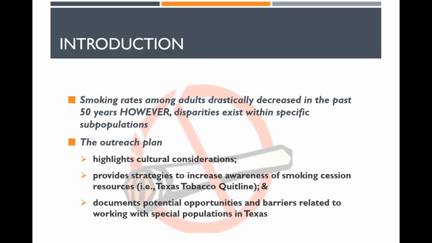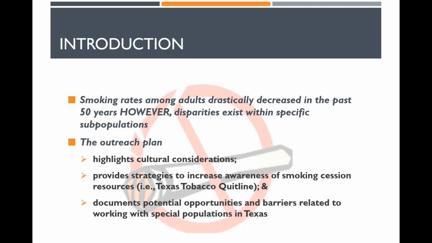With all of the information that has been spread about the dangers of smoking in the last 30 years, smoking rates have decreased throughout the United States, but disparities still exist within special populations such as the LGBTQ community and African American males. The outreach plan developed for the Tobacco Prevention and Control Coalitions will help to highlight cultural considerations,